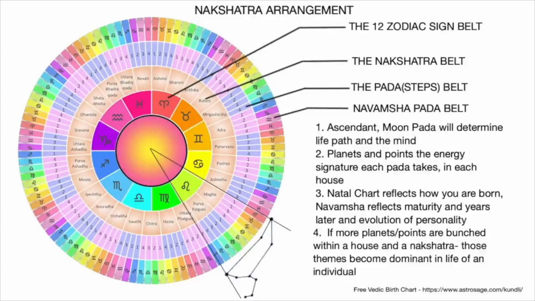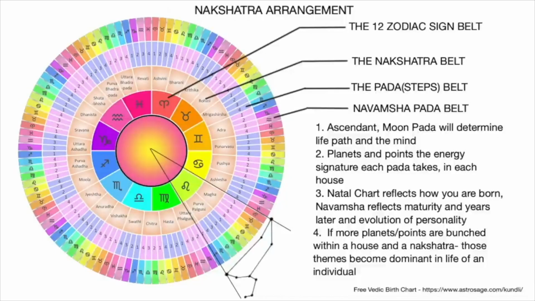The feet is supported by the earth. We'll come to all of these esoterics later on. Nakshatra is the study of esoteric energy. So, Navamsha, next to the pada belt, the last outermost belt, which you see indicated again by zodiac signs, is the Navamsha pada belt. In the Navamsha, each zodiac sign is split into 9 parts, as you can see there, right? So that's what we are about to study in this series.